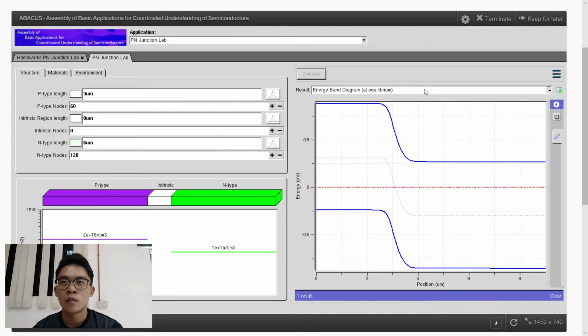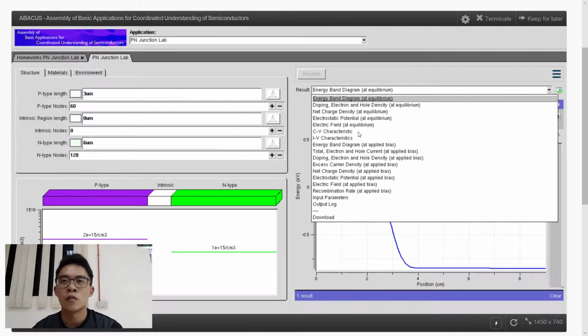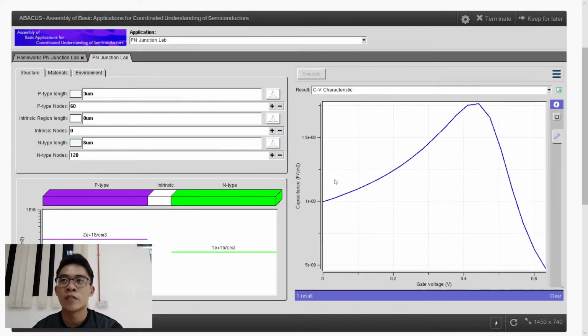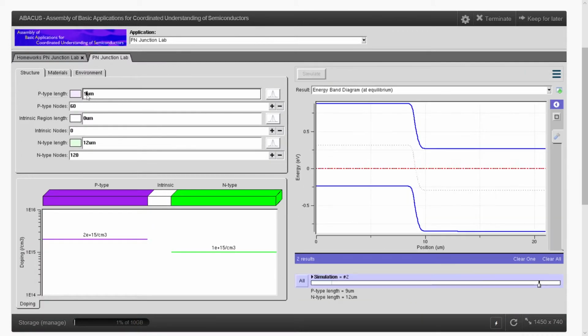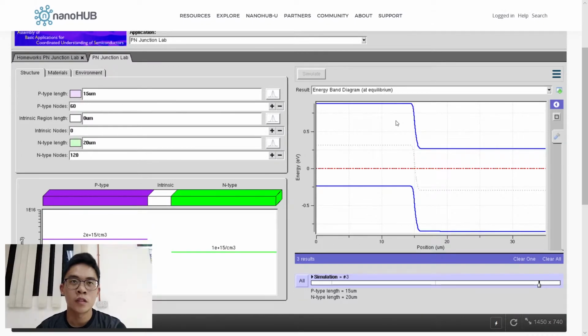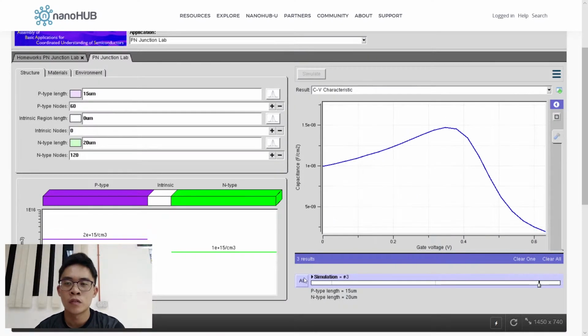Next, we need to choose the capacitance against the gate voltage characteristic graph. You can see here we have got the first set of inputs graph. Next, for the second and third input, we will change the p-type and n-type length. So once we have set the 3 sets of inputs, we will move on to display all of the 3